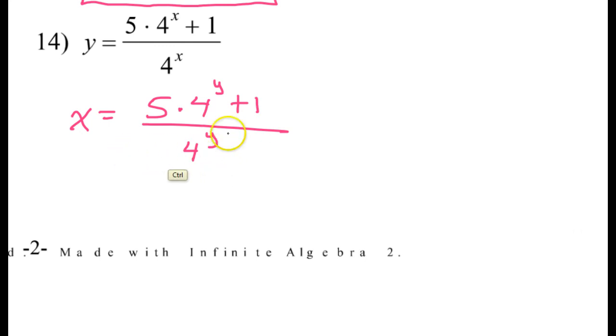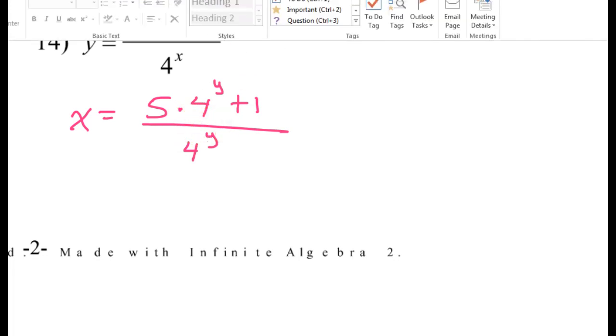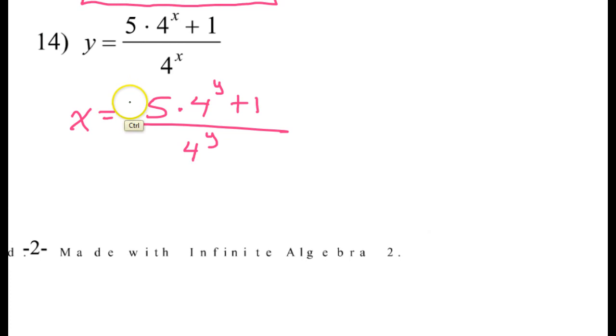Okay, so now I need to solve for y. First, I'm going to deal with the fact that this is a fraction. I don't like that. So I am going to multiply both sides of the equation by 4 to the y power. I will multiply by 4 to the y power on the right, and I will multiply by 4 to the y power on the left. But over here, these will cancel each other out. So that is going to give me,